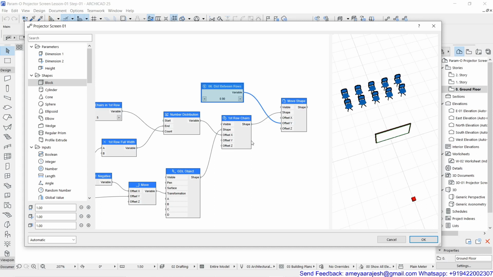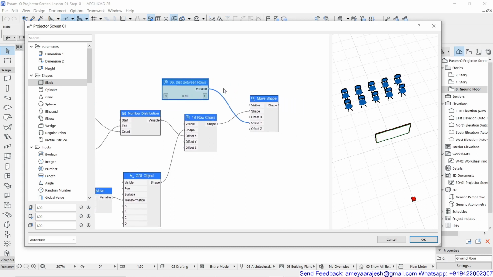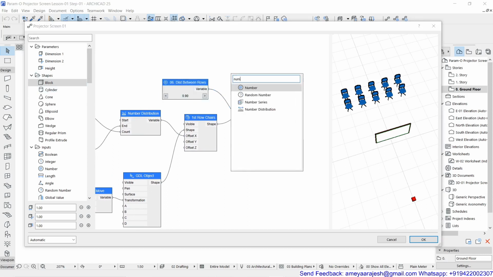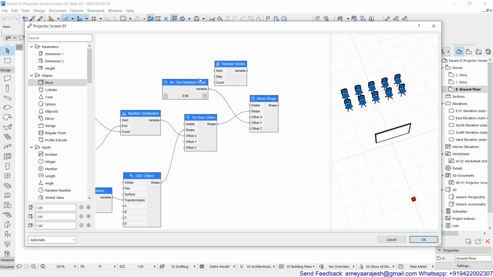So now the problem: I should try to use, in between, one more thing, that is how many such objects you want to go for, correct? So you should try to use the same number series instead of just a number, because the number series is supposed to be your required field. So what I'm going to do, the count I'll put over here.